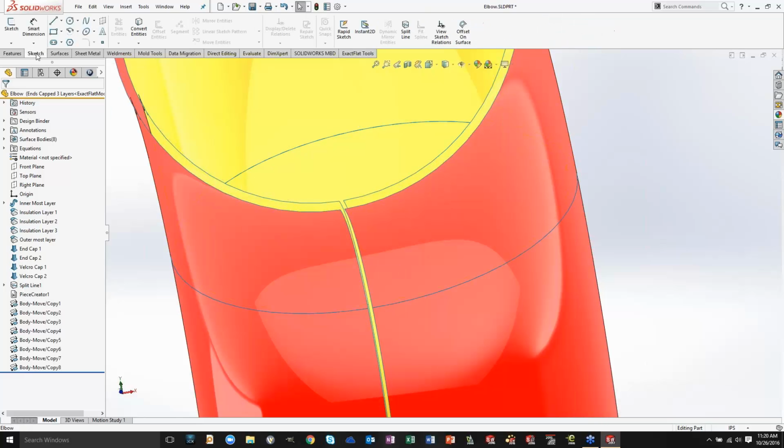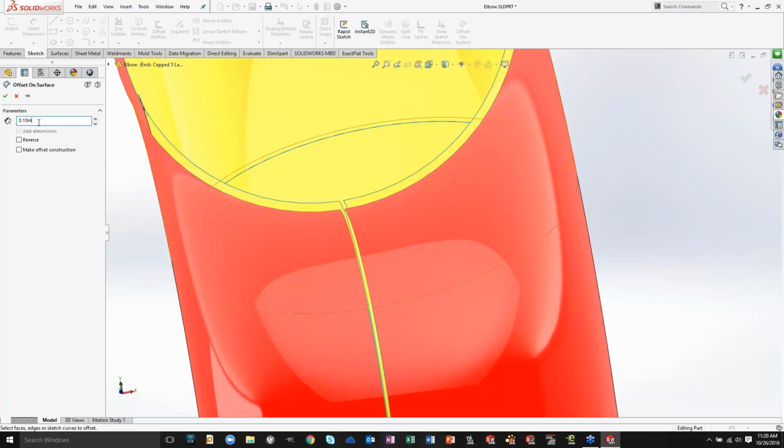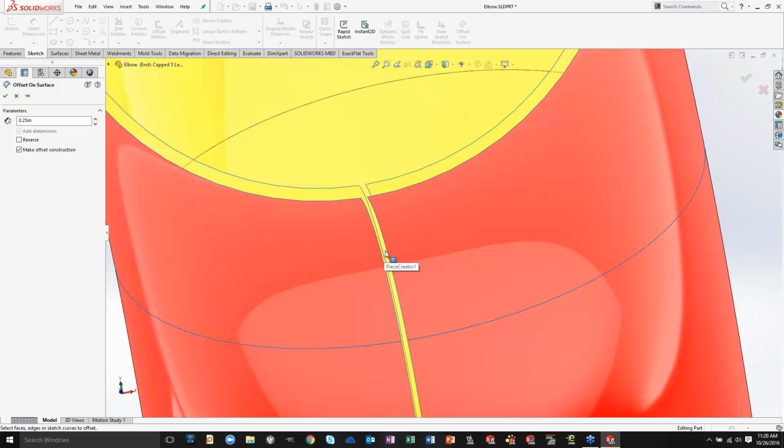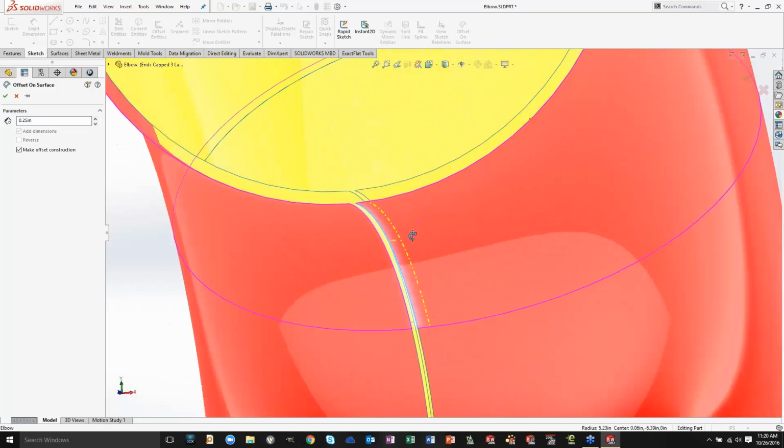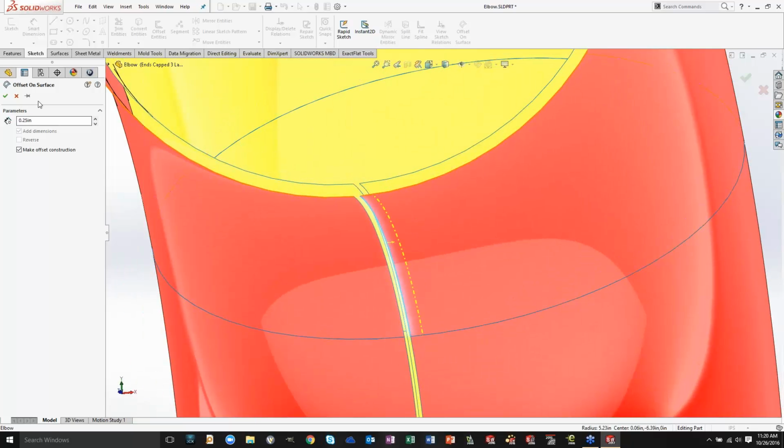So what we can do now is we can utilize that for when we go and map our hardware in 3 dimensions. So we can use the new offset on surface command, specify, maybe in this case we want to put some hog rings on the outside of our insulation. So maybe we want to put them 1/4 inch from the edge. Just like with any offset, we can make our offset construction geometry, and we can actually offset our 3D curves in 3 dimensions. So this is huge, right? So we can go, maybe we'll lock that in there, we'll pop one in there, and maybe we'll pop one on that side,